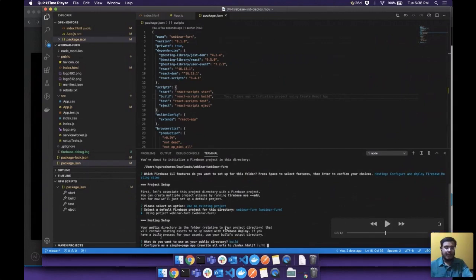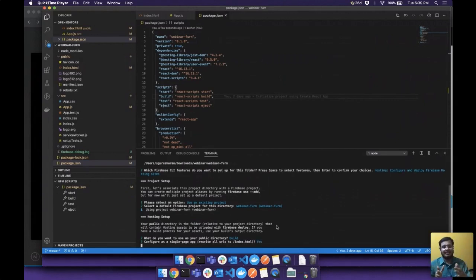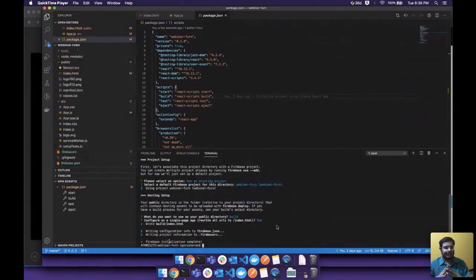Okay, now it asks a question whether it's a single page app or not. Believe it or not, we are going to create just a single page app that has all those features. The app is going to have just a single page though. How does it work? React takes care of it. React gives a lot of dynamic abilities just with a single page. So I'm going to say yes, we are going to use a single page for this. Even though we'll have multiple components, we'll still have a single page for it, right? All right.